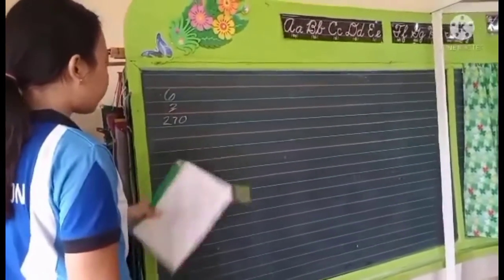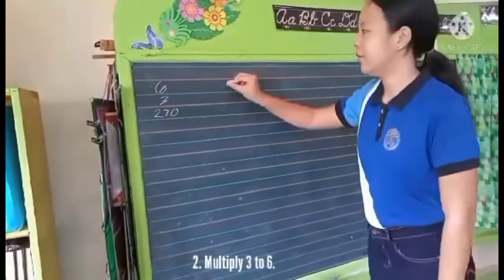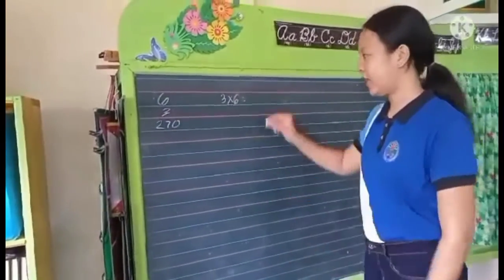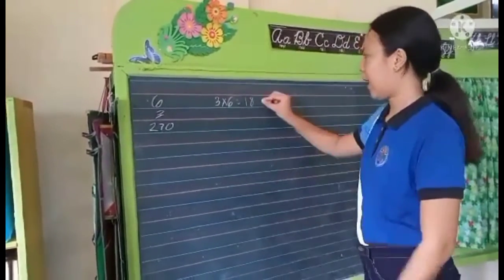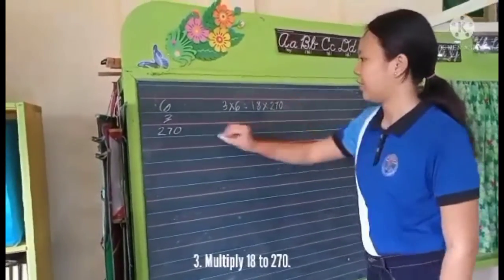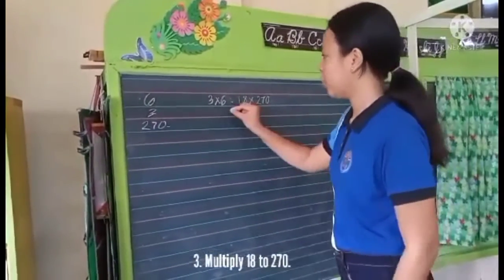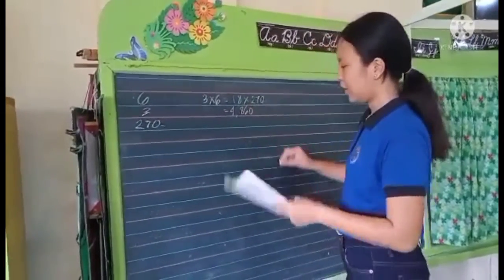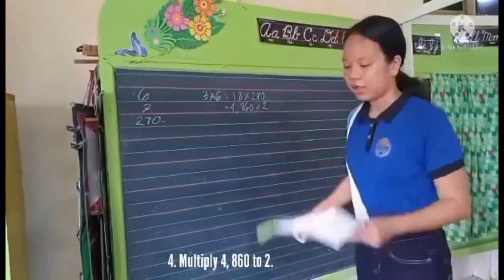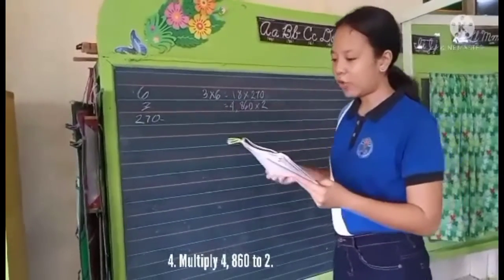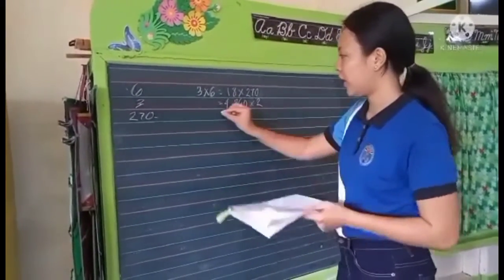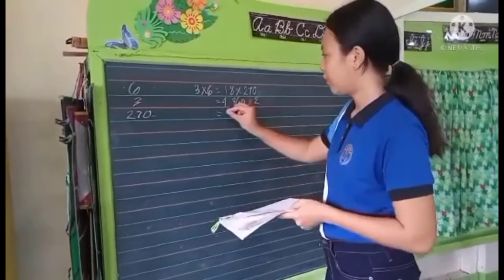Now, let's multiply. 3 times 6 is equal to 18. Now, let's multiply 270, which is ito, equals to 4,860 times 2. Times 2 kasi nga po kailangan po natin, meron pong nangyayaring multiplication sa pagkuha nito, which is equals to